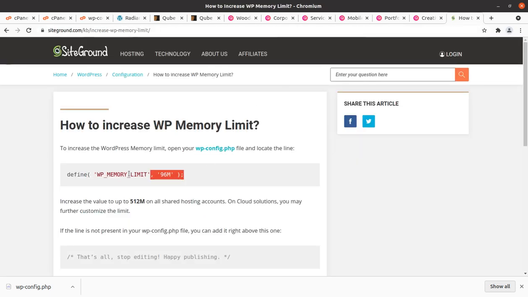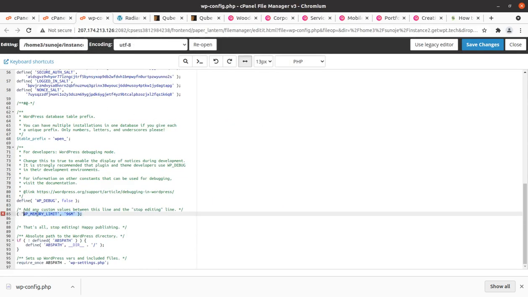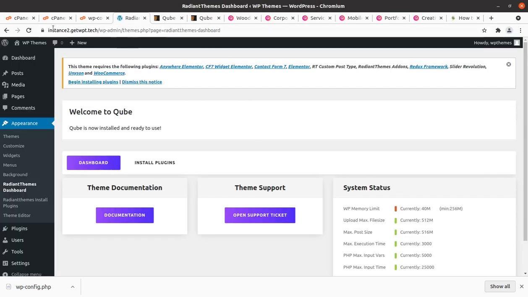So I'm selecting it again, and okay, no, it should not be red. Okay, so it is now defining the WP memory limit, and it can be 256. Okay, just save this, and it will make the screen light green. Yes, so now it is all green, and now we need to install all plugins.